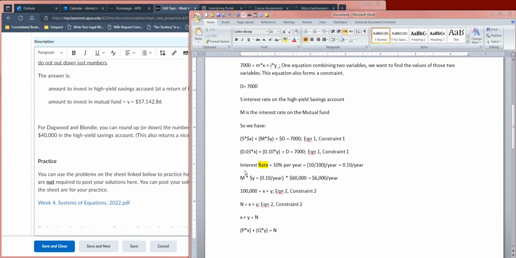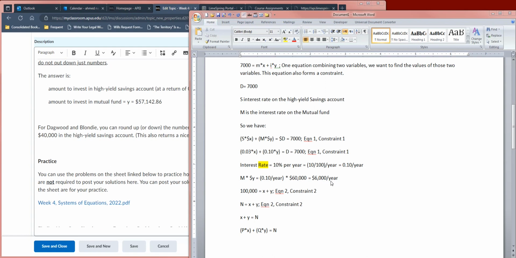So we can follow this through the calculations in the following manner. The rate, as I mentioned earlier, is per year. Okay, and percentage, we talked about that. So the interest rate is 0.10 per year, right? So if you multiply the interest rate by the amount invested, which is in dollars, 0.1 or 10% per year is 0.1 per year times the amount of dollars